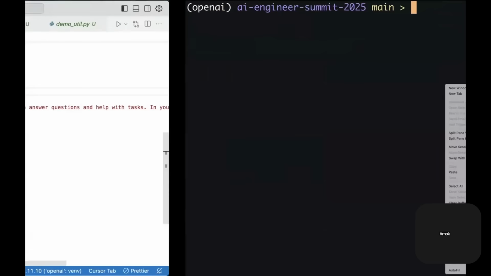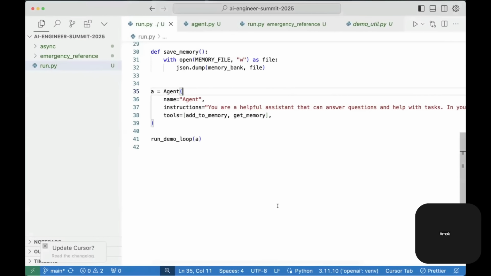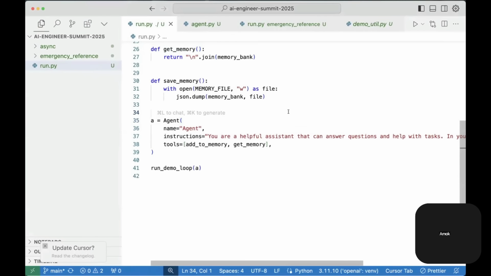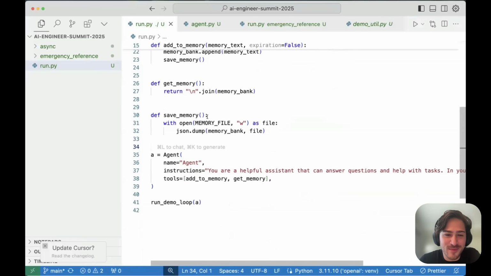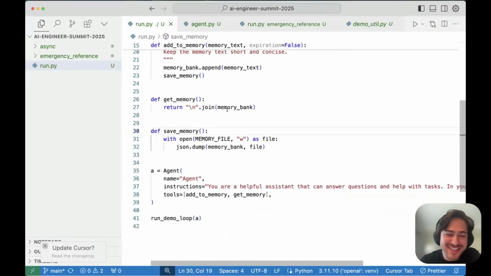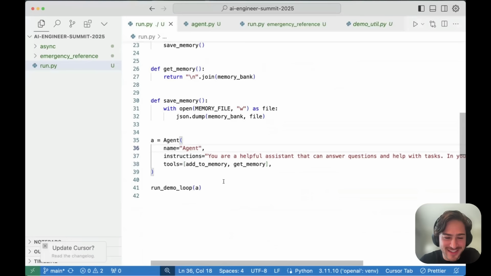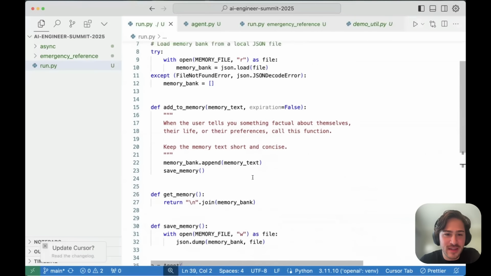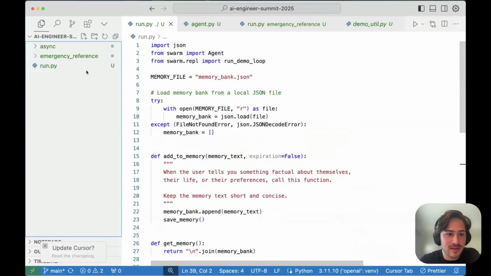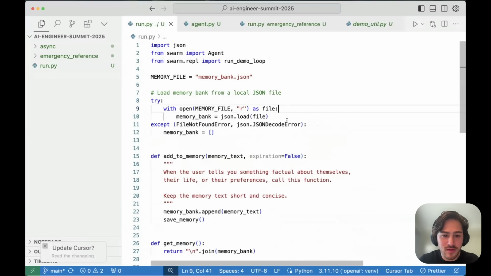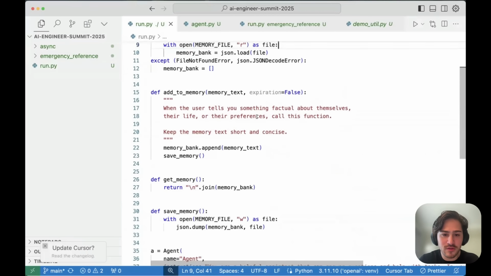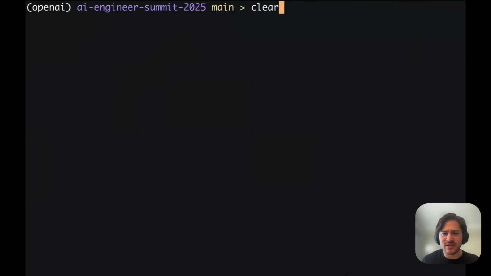So, wait, someone needs to mute themselves. Okay, we got the memory. Can anyone see any bugs? Because we're about to test this out. So we got the loop. It's going to call it, and maybe like, let's... memory. Okay, sure. Yeah, let's try it. Let's try it out. See what happens.